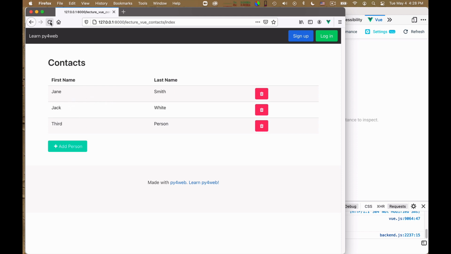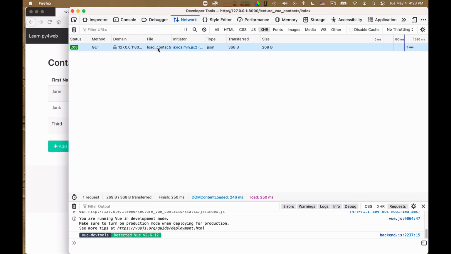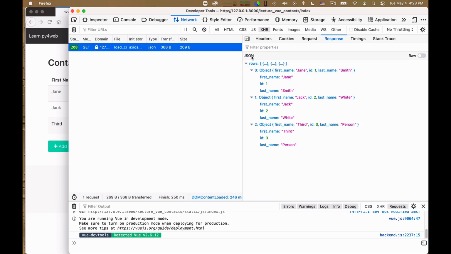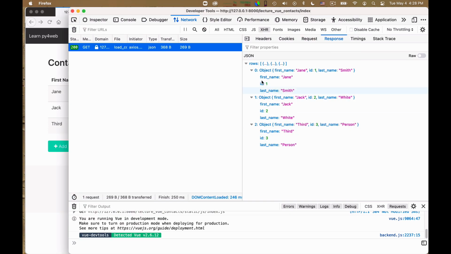And you see, by the way, that everything works. If I reload the page, we can look at what happens. When I reload the page, there is in the network a request to load contacts, and this time in the JSON in the response you can see the 3 contacts. So at this point we have got insertion and retrieval of the rows to work, and the portion that is still missing is this delete button, which is actually not very hard to add, but I will show you how to add it nevertheless.